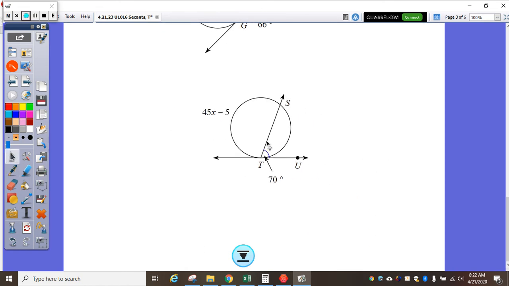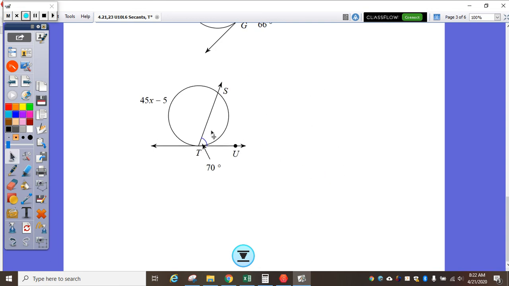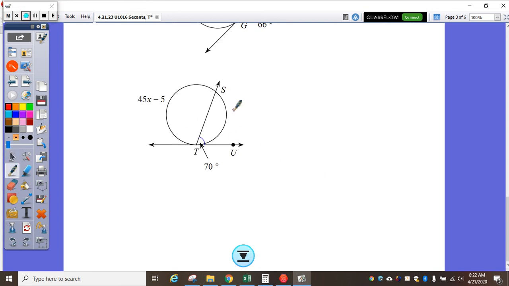And then last, we're going to have some algebra here. Okay, nothing too complicated, but we want to know what the value of this x is right here. Well, again, this is the same way that we did the last problem, only that now I need to go ahead and find what this arc is. And let's see. This arc right here is going to be 140 degrees. So I'll take this arc right here and add it to this arc right here and set it equal to